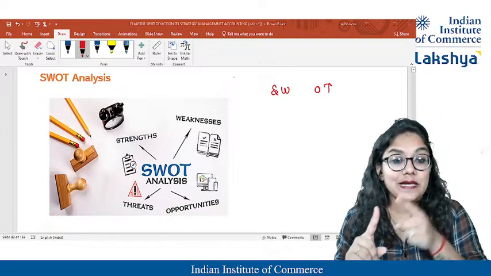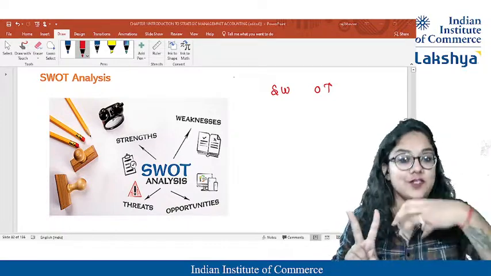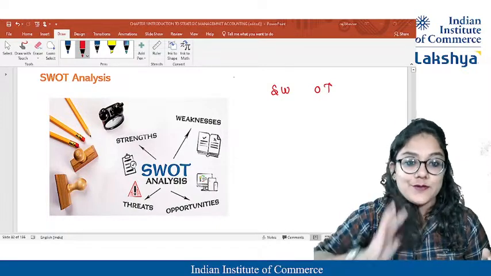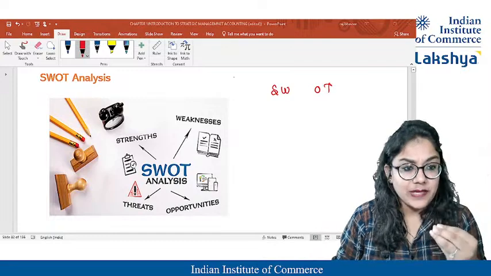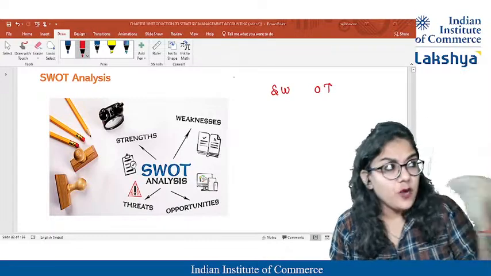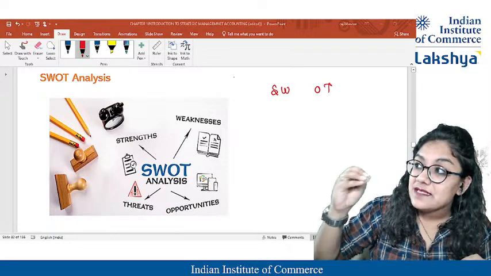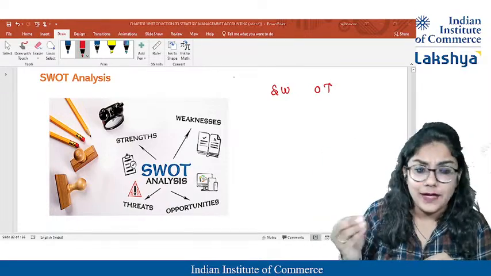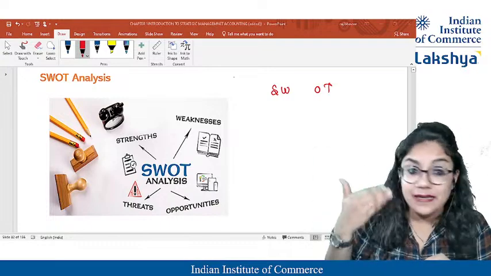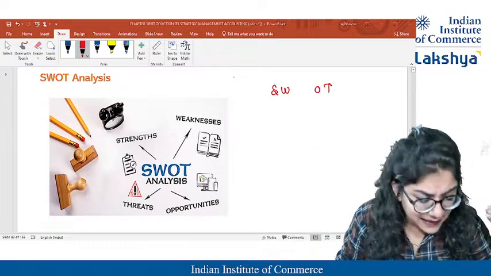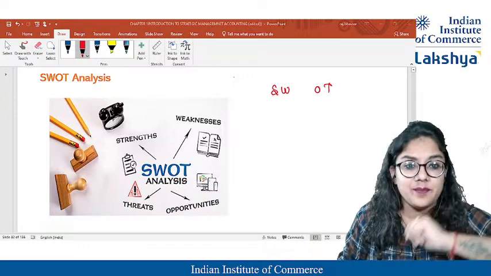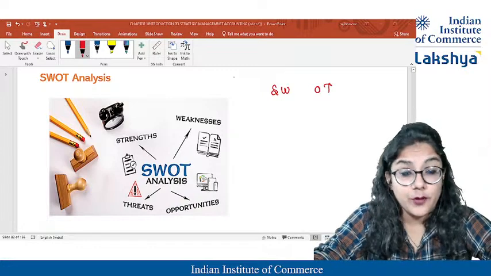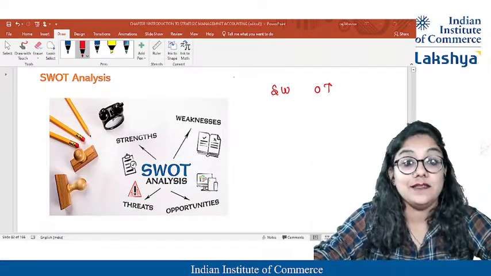Students, when it is strength and weakness, it is internal. When it is opportunities and threats, these are the external factors. So what are threats? For example, my external fear, my competitors. Prices increased by the supplier. Oh my God. If I'm producing something, I require raw materials. If the prices of the raw materials are more, I cannot handle it. I don't have another option rather than increasing the price. Yes, it is my threat. Or the customers don't like my product. They may shift to some other supplier.